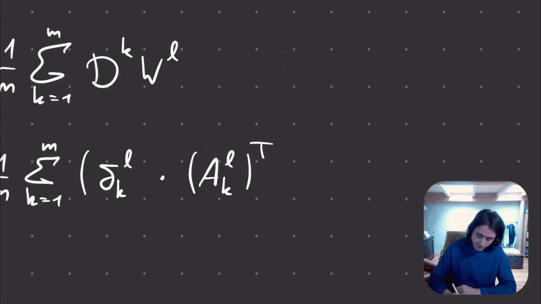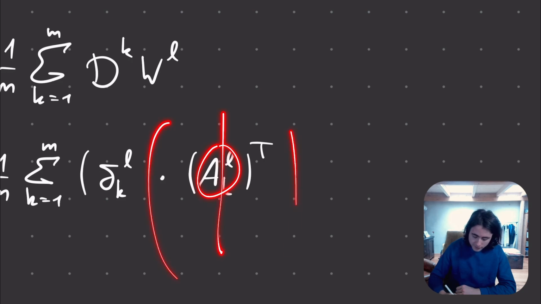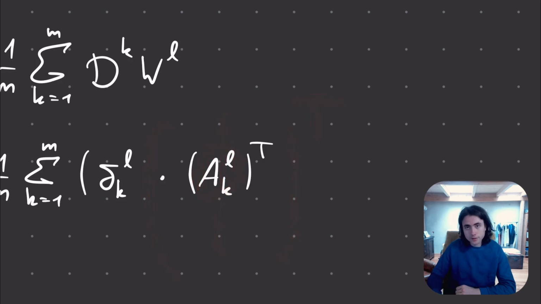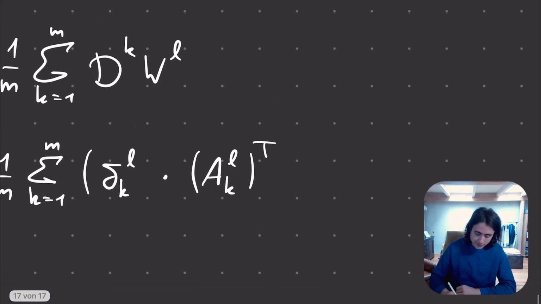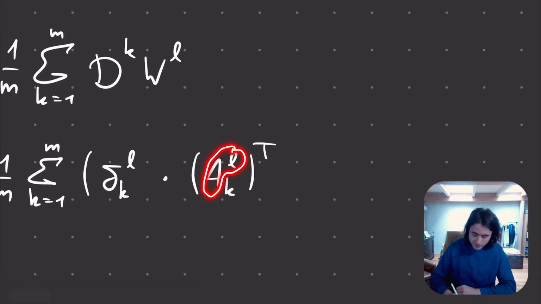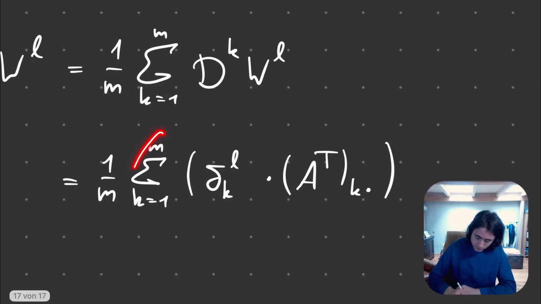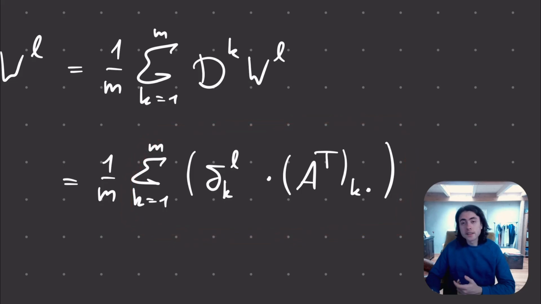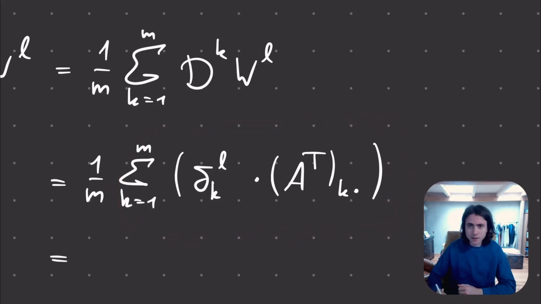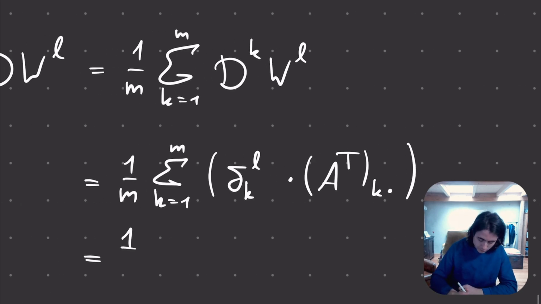But now notice that we're taking the kth column of a matrix and then transposing the entire result. And this is just the same as if we were to transpose the matrix AL and then taking its kth row instead of its kth column. This is what we will do, because this allows us something very nice, namely that this here is just another way to write the result of a matrix multiplication. You can look this up on Wikipedia. I don't know, type outer product connection to matrix multiplication or something like this, and you will see that